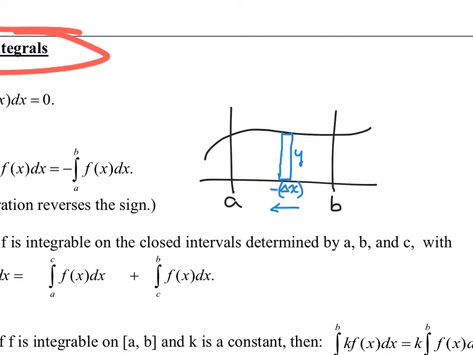All right. So if I'm going the other way, I would have it moving in the positive direction. I'm basically taking a scalar and making it a vector. So the area, base times height, would be negative y delta x. Now, if I'm going the other way,